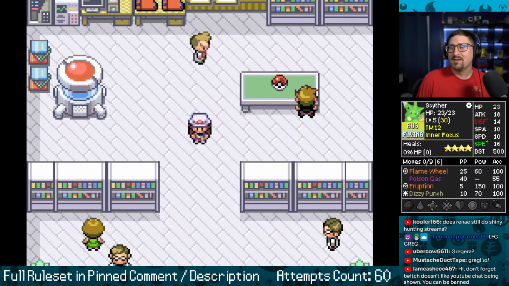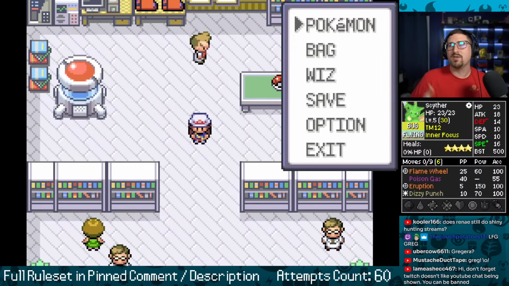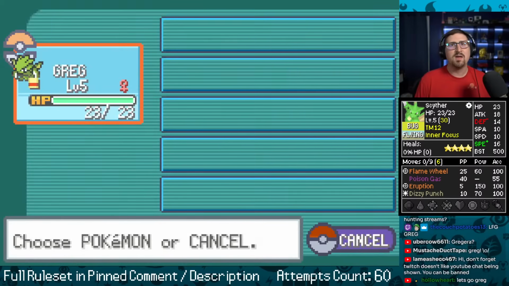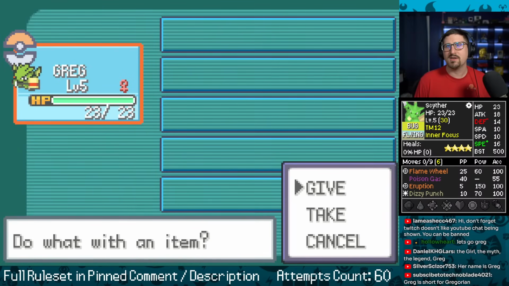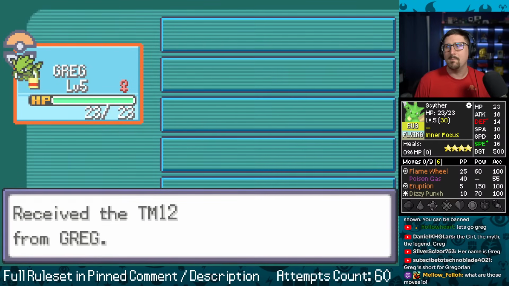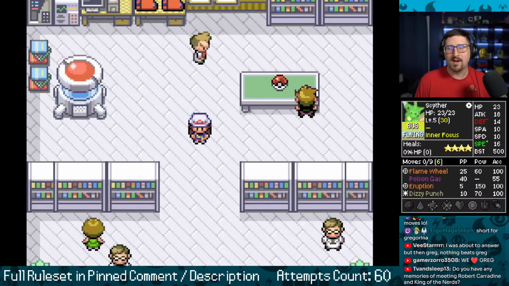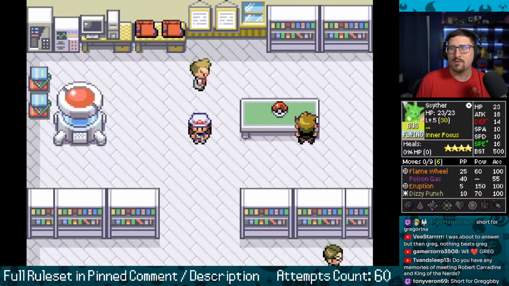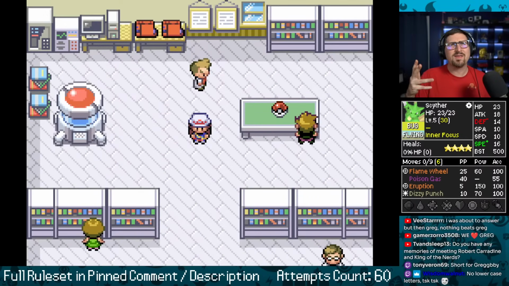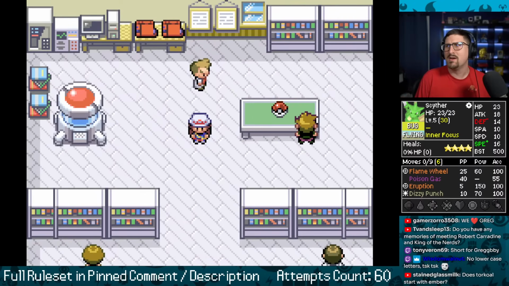All right, so gotta fight. By the way, TMs. So like my Scyther's holding a TM. I can take that from them. Not allowed to use TMs in this challenge that are not from the gym leader. Not allowed to use any helpful item unless it's one that your trainer came with. I don't even think I'm allowed to take the charcoal and put it on Scyther. I'm pretty sure it's not. Anyway, let's just go. See how it goes.